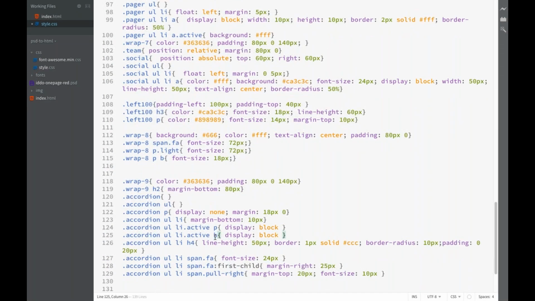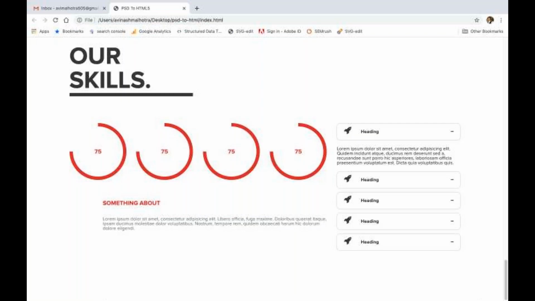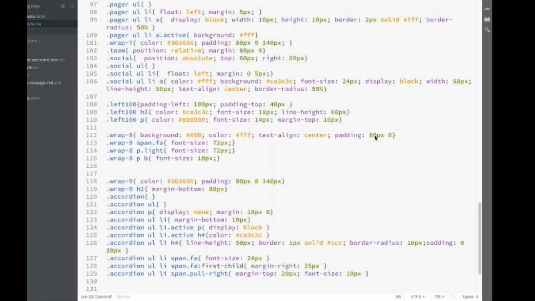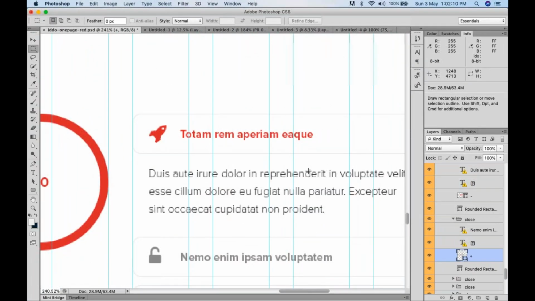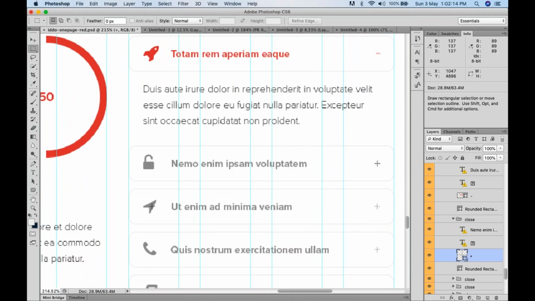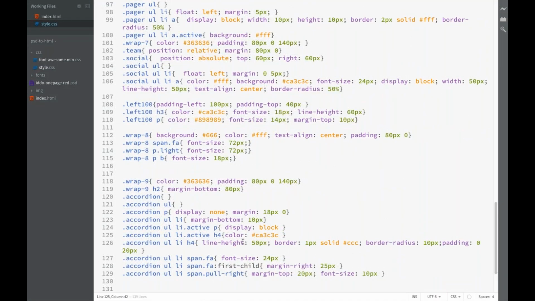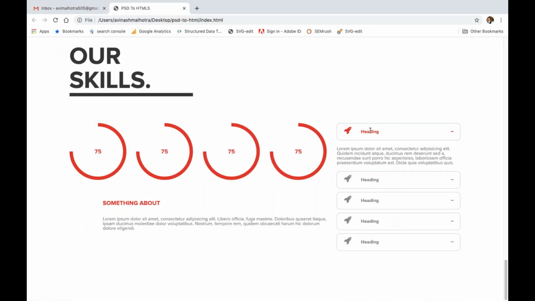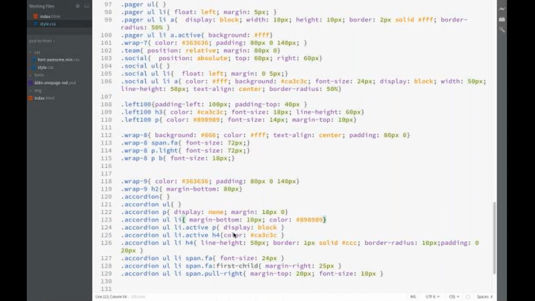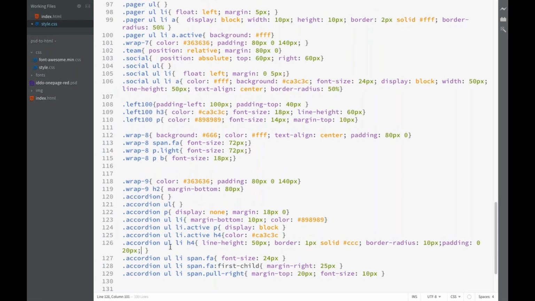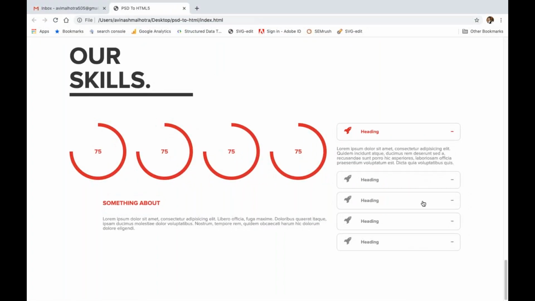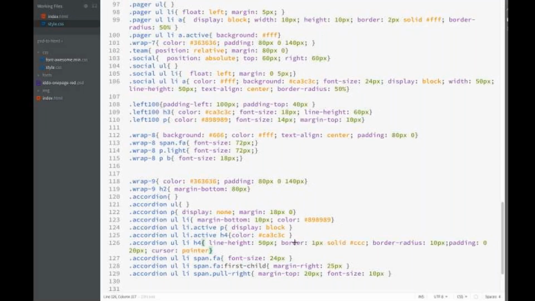फर्स्ट एक्टिव है, तो li एक्टिव का H4 कलर, इनका कलर रेड हो जाएगा, बट सिर्फ एक्टिव का, बाकियों का नहीं, बाकी तो ग्रे ही रहेंगे। तो दीज आर द रिमेनिंग वन, इनका कलर 8 9 रहेगा, तो दीज आर ग्रे और ये हो जाएगा रेड। तो इन पे आपका हवर आएगा, तो H4 पे कर्सर पॉइंटर होगा ऐसे, एंड व्हेन वी क्लिक दिस तो ये आइकन चेंज होंगे। तो इसमें बाकियों में प्लस आइकन होगा।